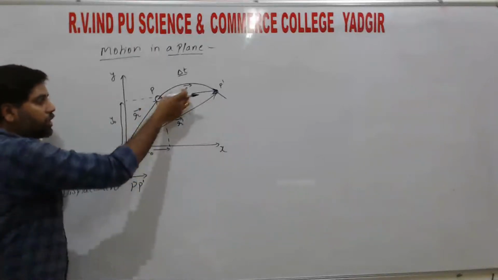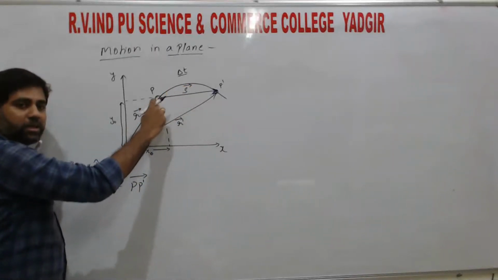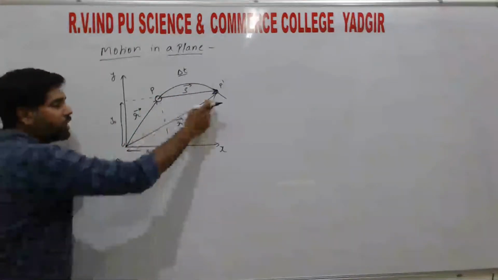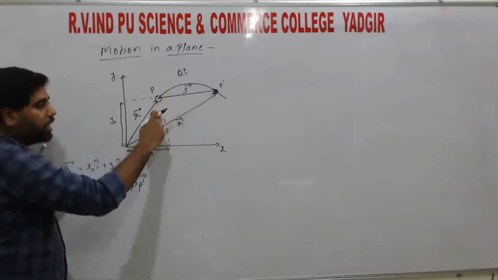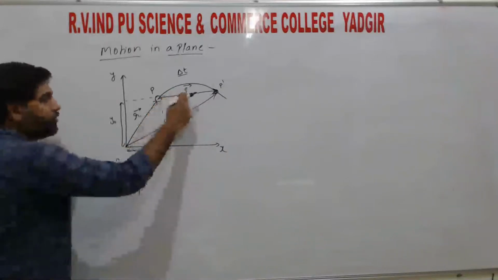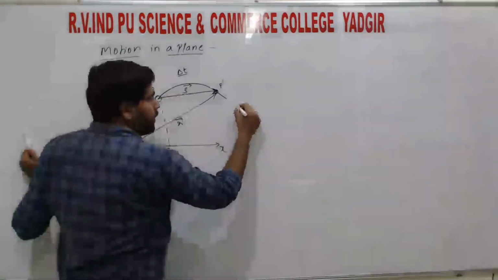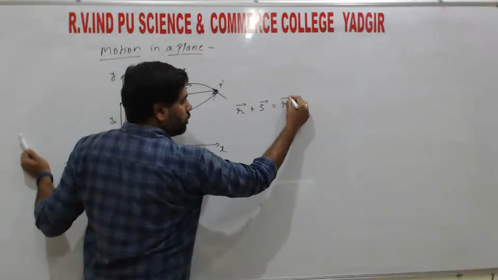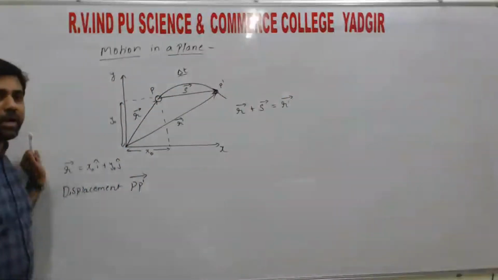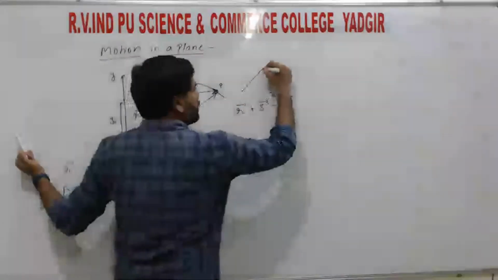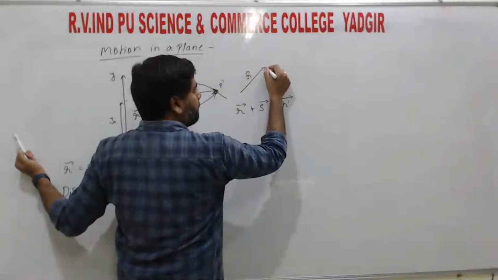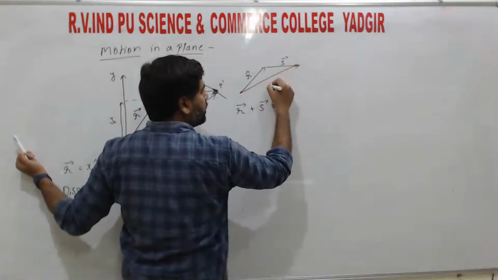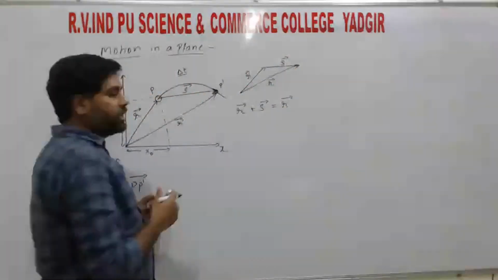So vector r and the vector s, these two represent the two sides of the triangle, right? Then r dash gives the resultant of the two vectors, right? So from the triangle of addition we can write this as vector r plus displacement vector equals vector r dash, right? So in this shape, this is vector r, this is vector s, and the third one gives vector r dash,